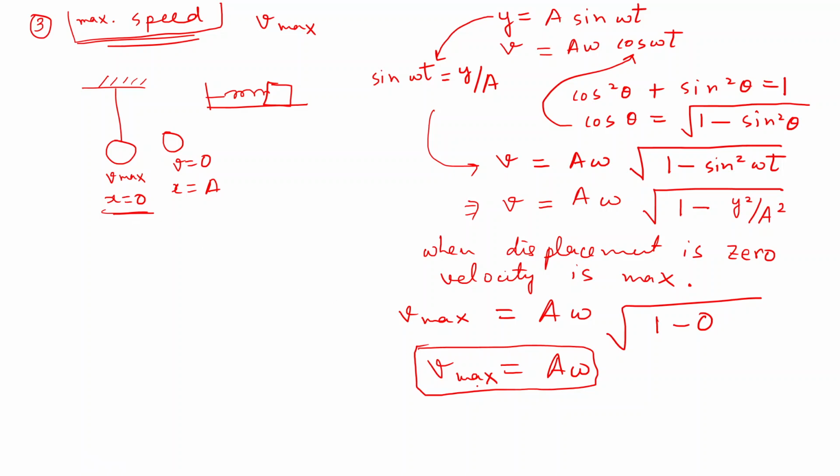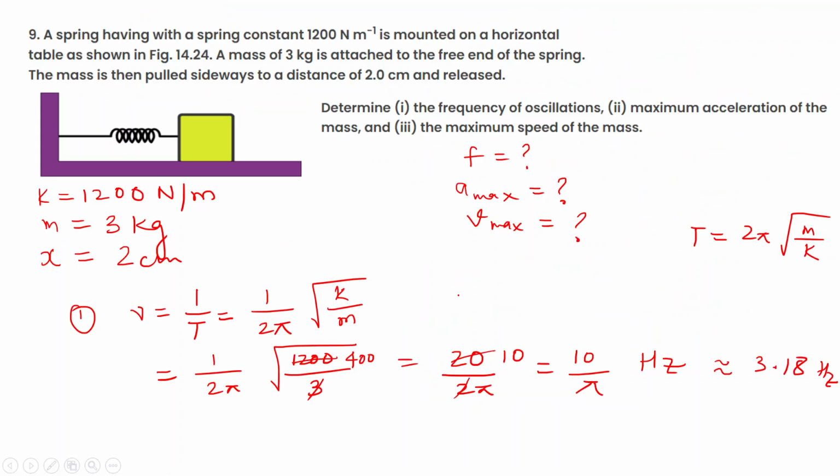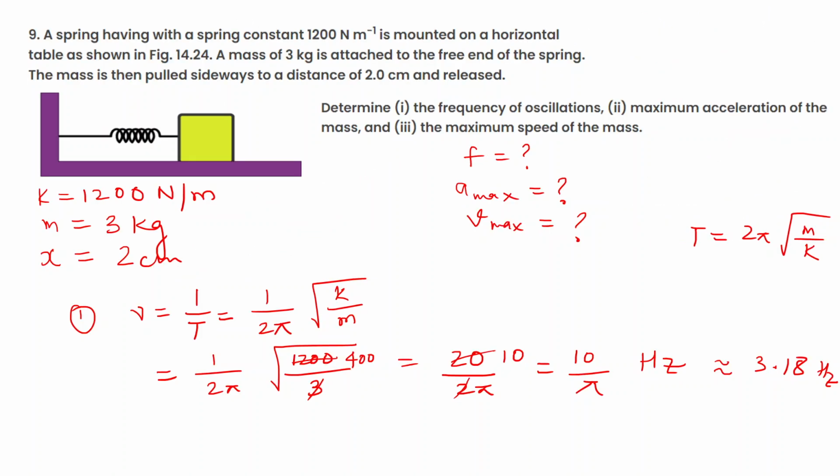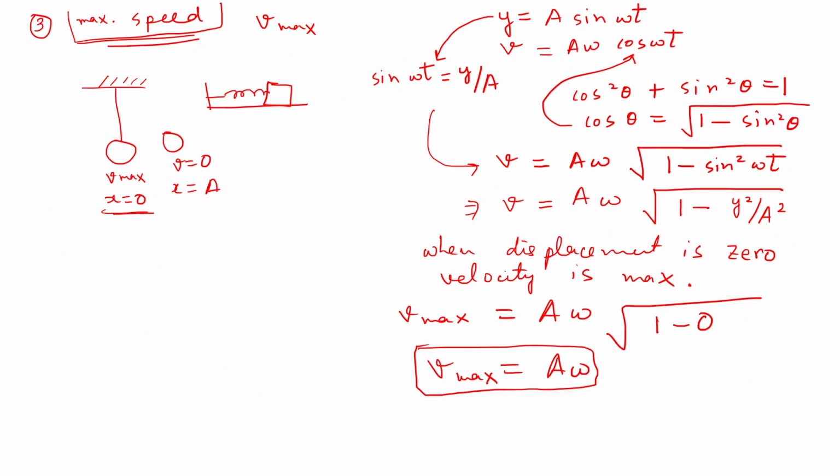So now we needed to find this, right? So what is the amplitude here? What amplitude did we find out? Amplitude we had found out, or okay, sorry. Since we are talking about maximum speed, of course it is at equilibrium, and the amplitude is maximum, and the omega we know already. So V maximum is,